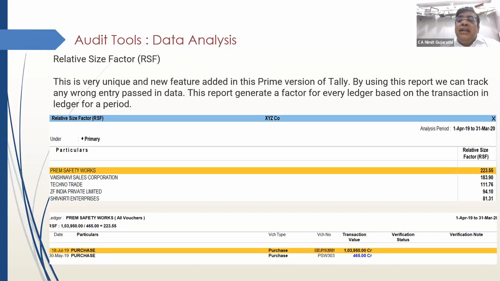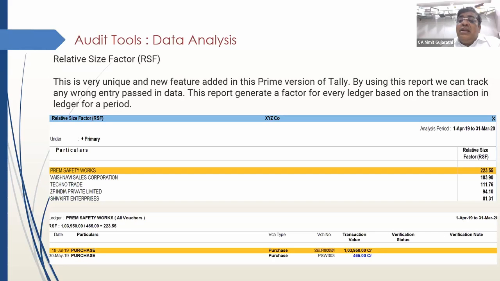Each month, the electricity expenses of a particular organization will remain more or less the same, or will vary in a particular fashion only. So the variance of a particular ledger in terms of each month's entry should not be significant. Now, this relative size factor feature, what it throws me, for every ledger, is the factor of